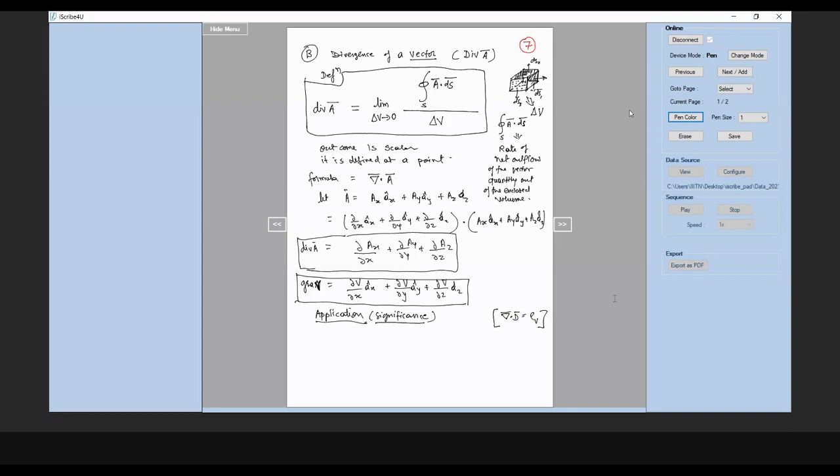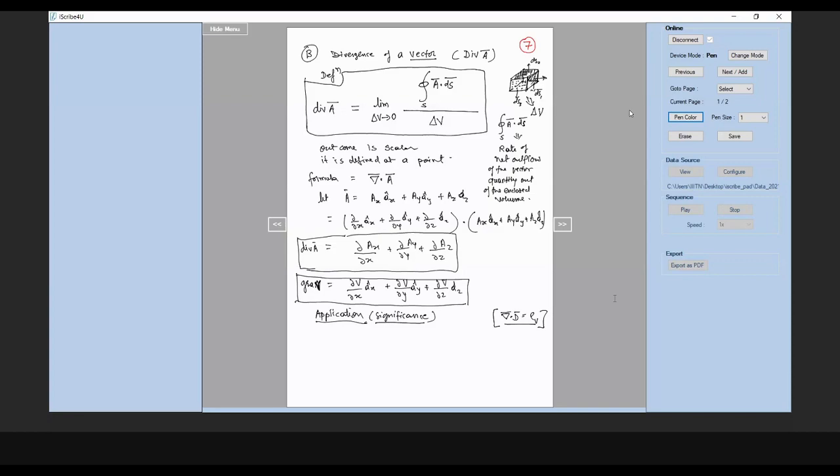Now, as Rima has said, flux density would come from flux. So if flux is there, then flux density would be there, which would be D. So we are saying that the divergence of D, del dot D, is equal to rho V. Now that is what happens. Again, it is formula-centric outcome only that we know, but we don't know the general importance of this. Computing density is just one possible application. But what is the generic need of computing divergence at all? That we must be in a position to answer.